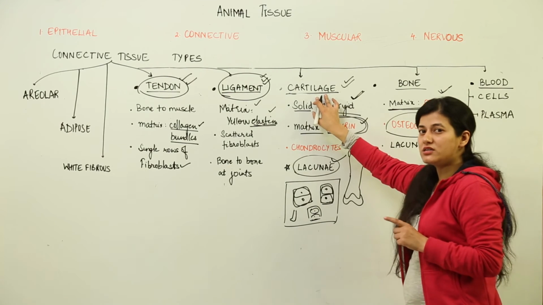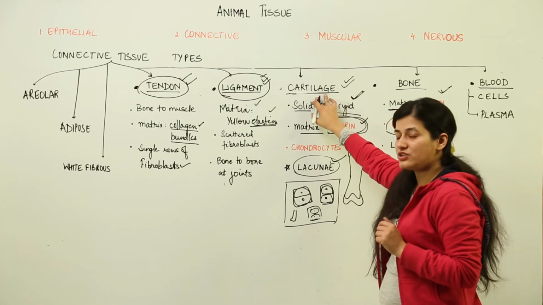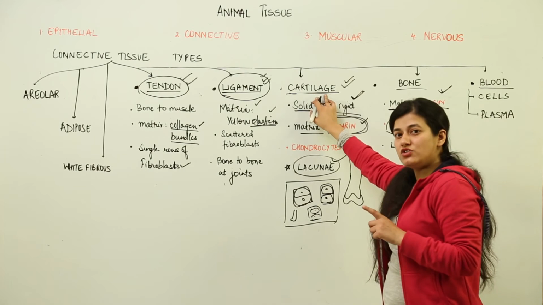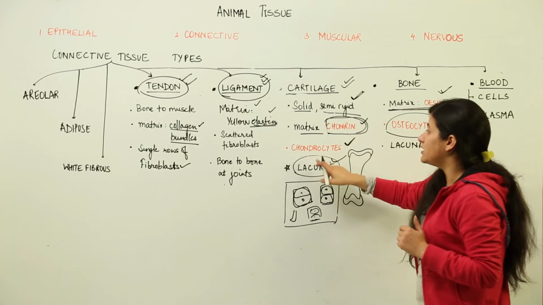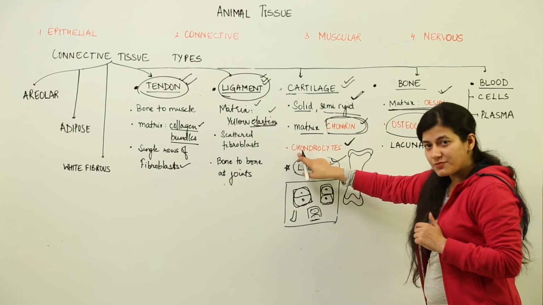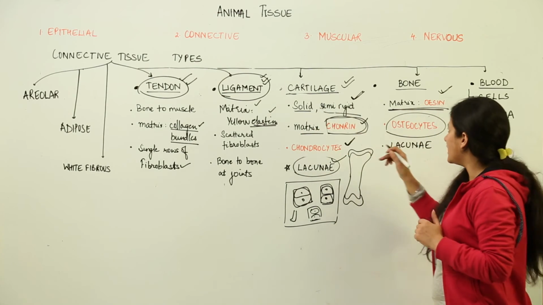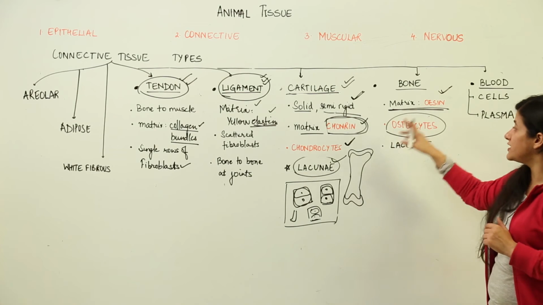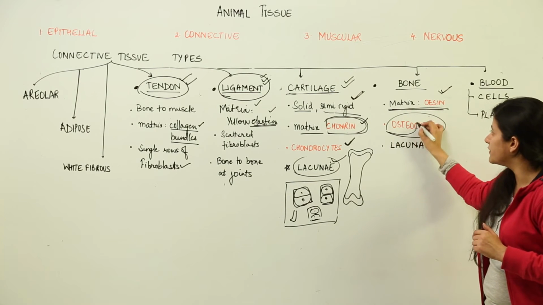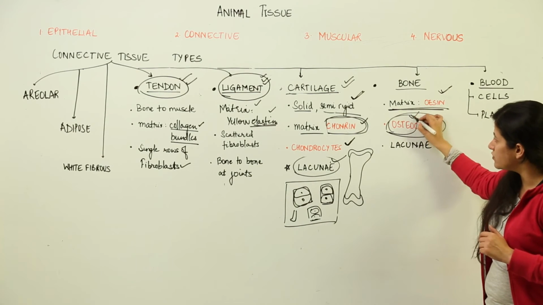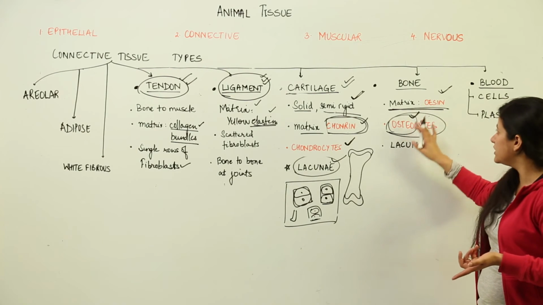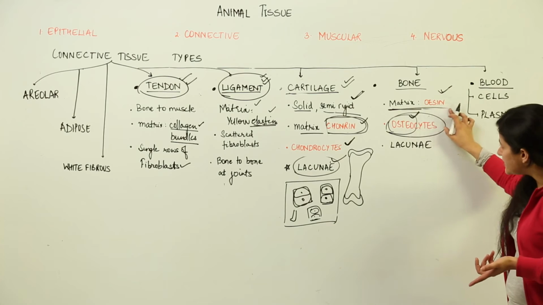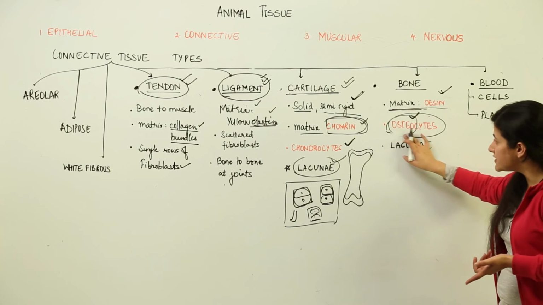You might have heard this word in classification where we say that there are cartilaginous fishes such as sharks and rays. They are Chondrichthyes. So the word chondro has been taken from this cartilage thing. And there are bony fishes, they are Osteichthyes. So remember that the word osteo is often, not always in fact, going to represent the word bone. So we have ossein as the matrix, and osteocytes.